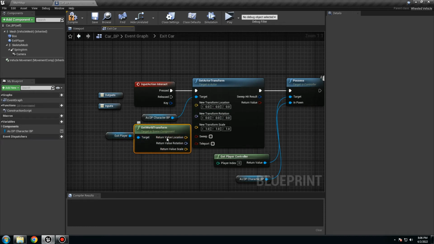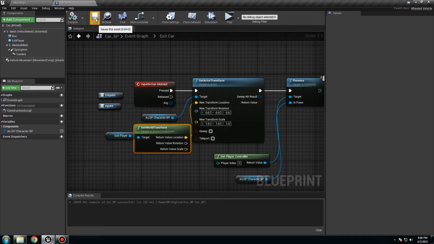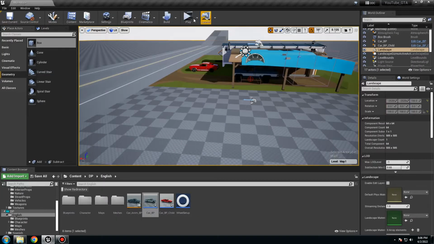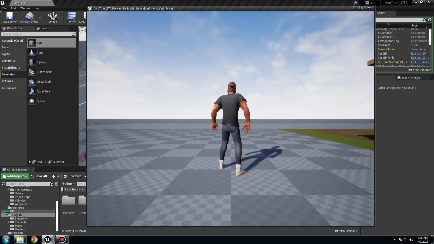split these two, and we only want the location. We don't want the rotation. We want zero rotation, and also we want the scale to be one. We don't want another scale like that. So if we compile now, it's safe. We can close this. If we try it again,